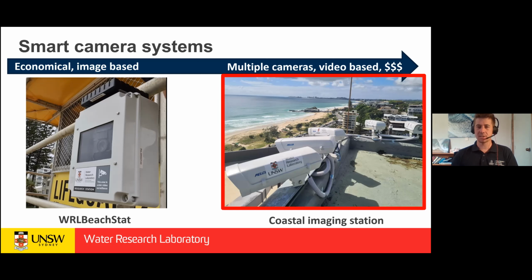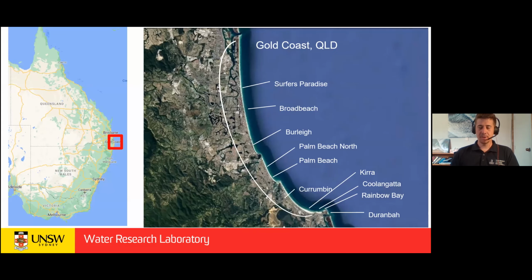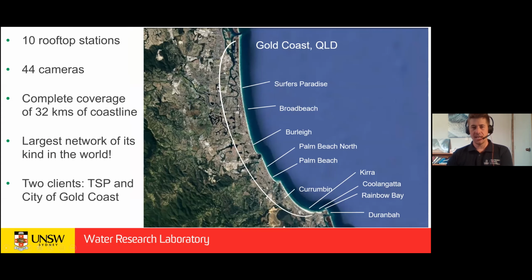To start with, let's look at the Rolls-Royce solution and see what it can provide before we jump into the lower cost system. So let's talk about our Gold Coast monitoring system. As a bit of context, the Gold Coast is on the border of Queensland and New South Wales. On the Gold Coast, we've got a total of 10 different coastal imaging stations at these locations on the right here. Think of 10 high-rise buildings, and